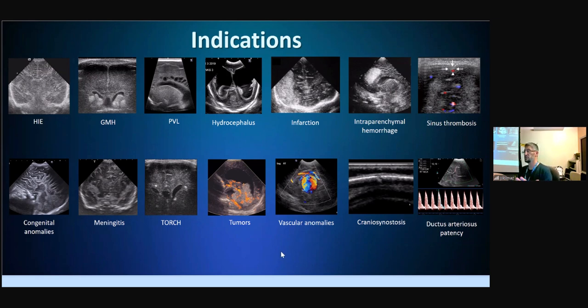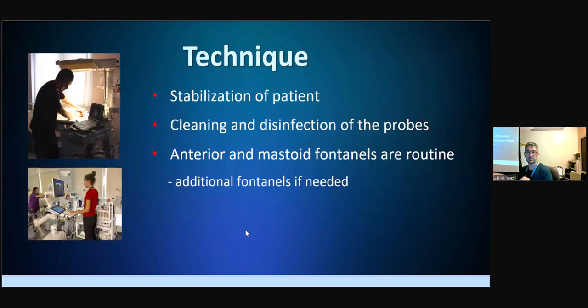Cranial ultrasound images include the heart and the mediastinum. But I'm going to focus on the most common ones, and I will show you some examples for the other indications as well. The technique is a little bit challenging compared to abdomen because you are doing it bedside